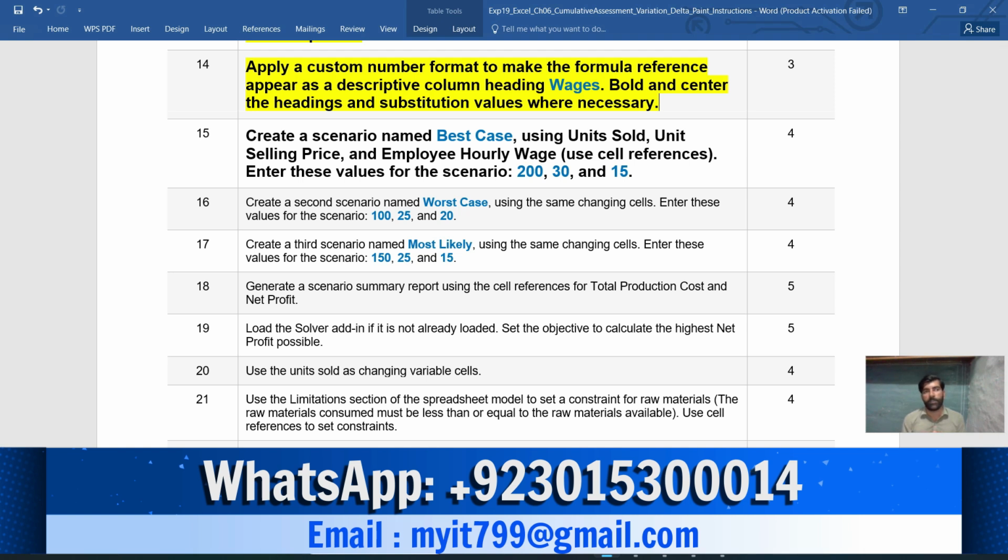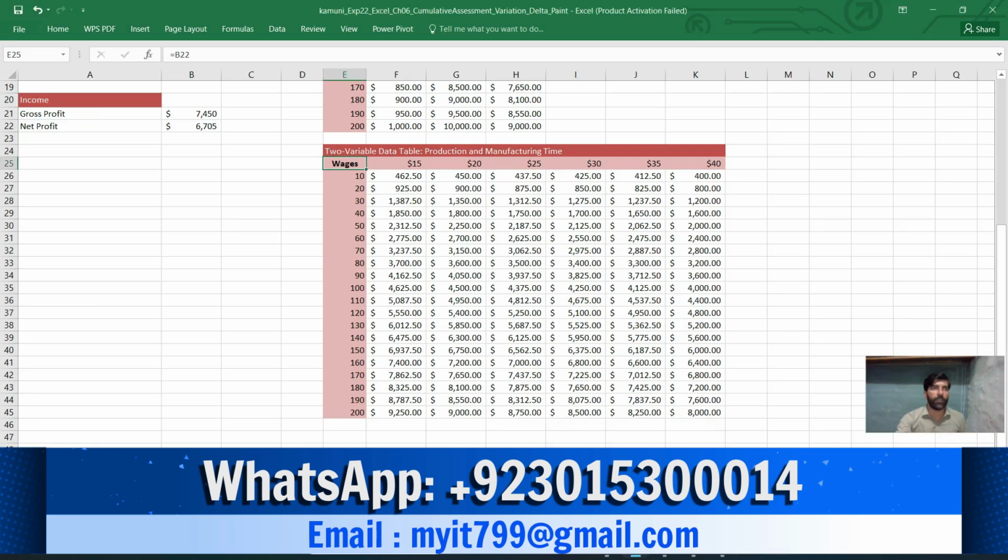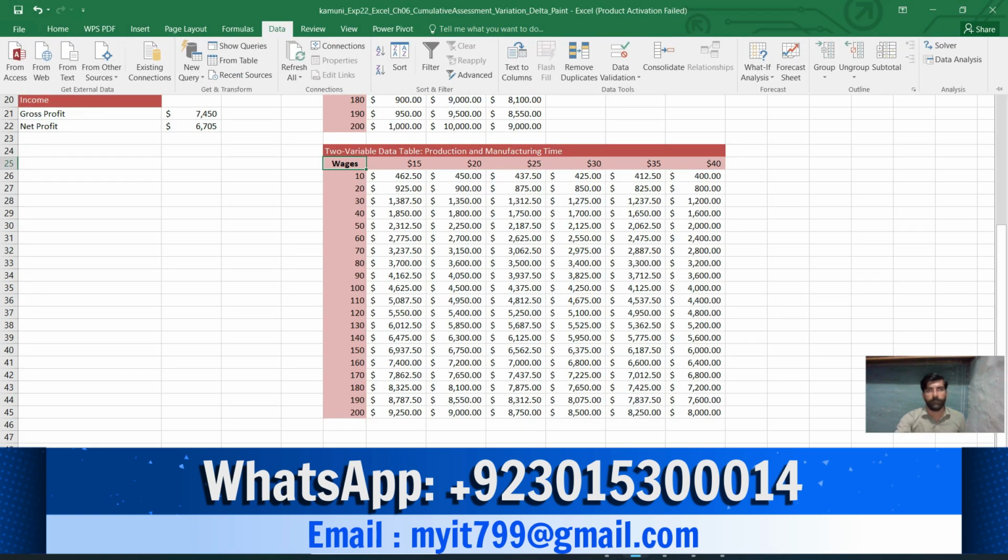This is instruction number 14 of this assignment. My respected student, the next three steps, step number 15, 16, and 17, are about the scenario, and this is very easy, so I only give you the layout of how to do it. For these three steps, we go to the Data tab, then What-If Analysis, and then Scenario Manager. Using this option, we complete these three steps.